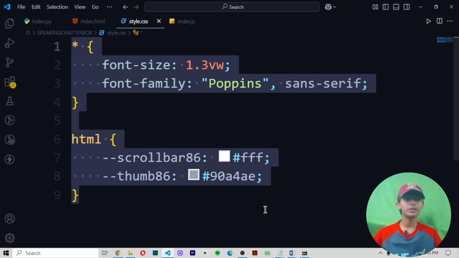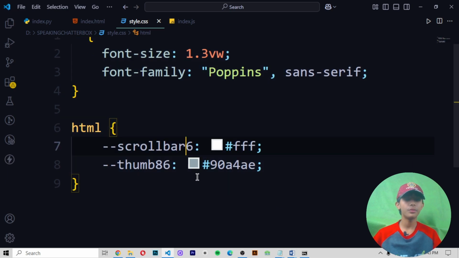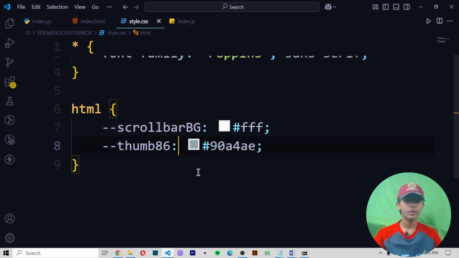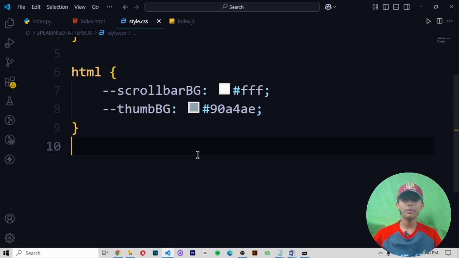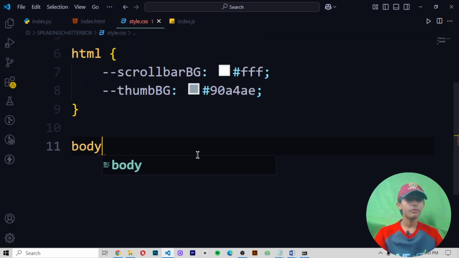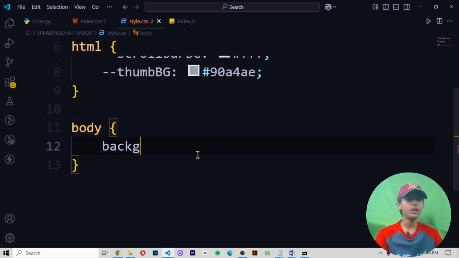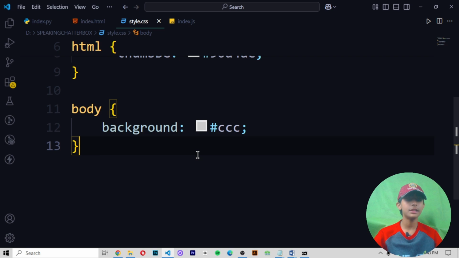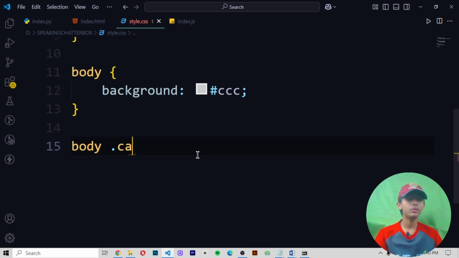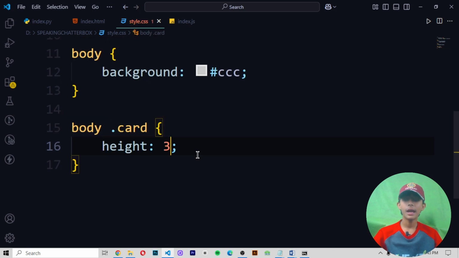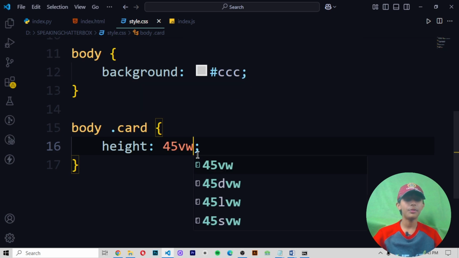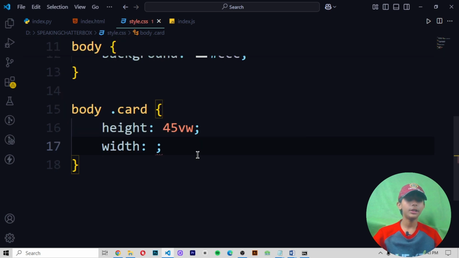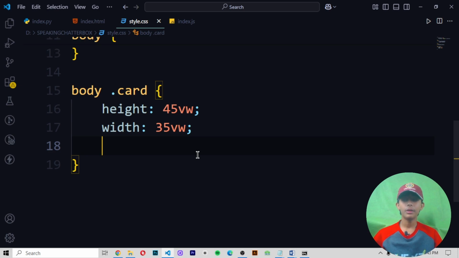So let's write our CSS code. First of all we write BG, and here we also write BG. Perfect. Now for body, we write background, only background, not background color, hashtag CCC. Now body .card: height should be 45vw, width 35vw.